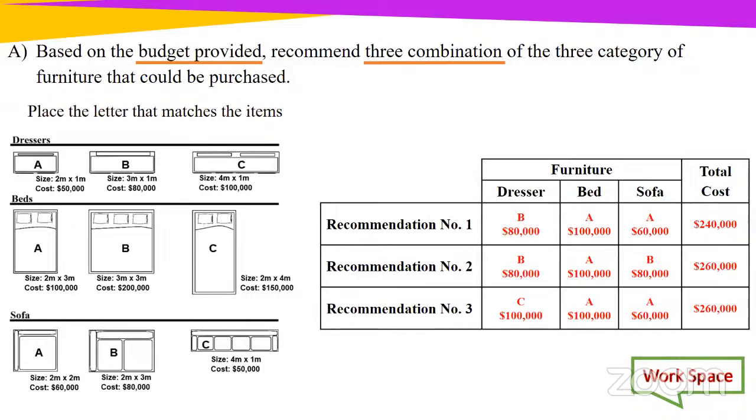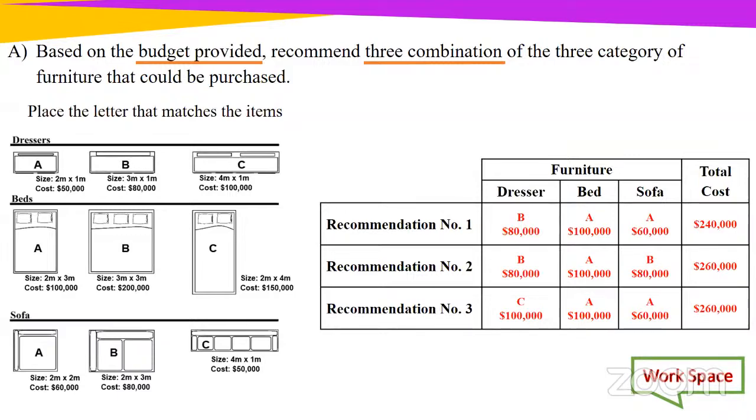Anything in the chat? We're supposed to not spend over 300,000. 300,000, miss. Very good. The condition that we're working with is we were given a budget of $300,000. And so when we look at all of the recommendations, we see that we were within the budget. We did not exceed the budget of $300,000.